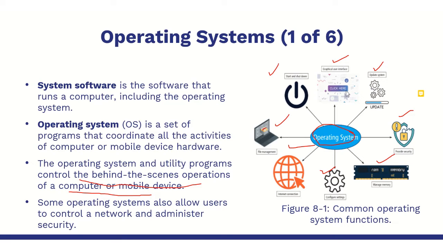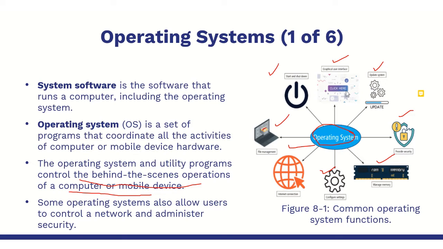An icon corresponding to provide security shows a shield with a lock in the center and an exclamation mark at the top left of the shield. An icon corresponding to manage memory shows an IC chip, an integrated circuit chip, with the text